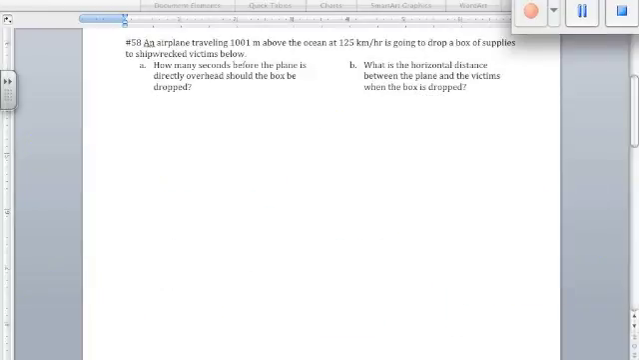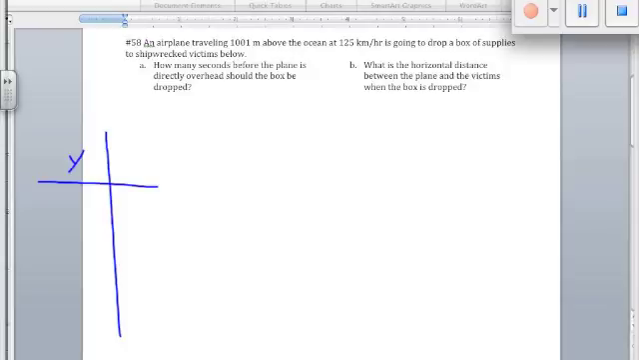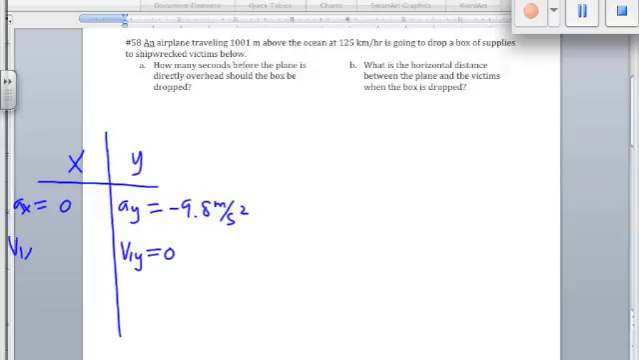So now number 58 is a situation where you have an airplane traveling at a certain height horizontally and it wants to drop supplies. Again, I'm going to use a table to sort out x and y. Ax is 0, ay is negative 9.8, same as always. This is a horizontally launched situation, so v1y will be 0. v1x is something we know in this case. We can then look at delta dy, delta dx,